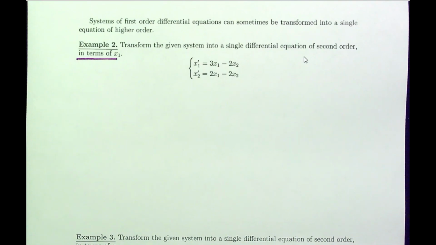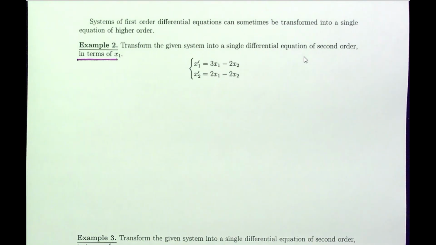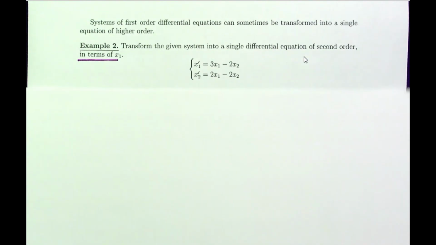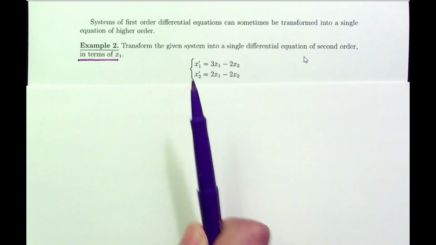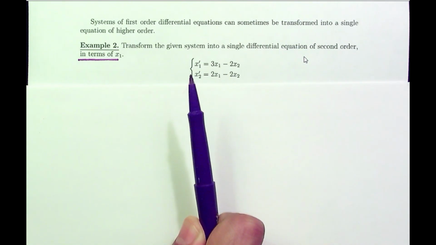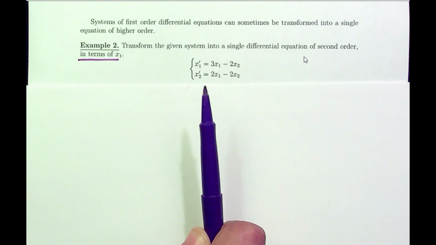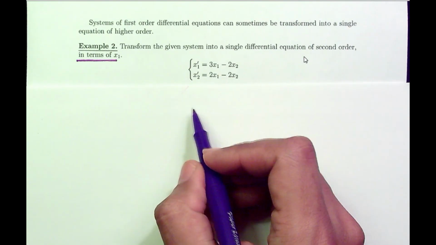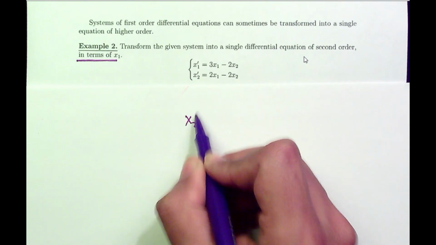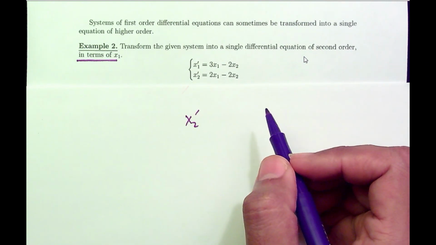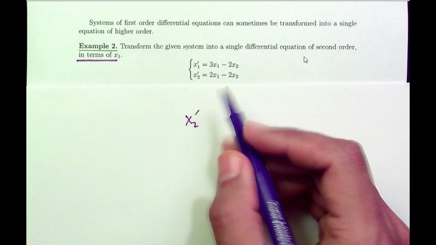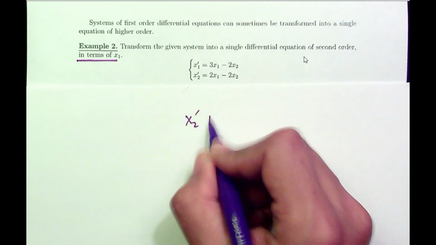Not both of these equations can be used to solve for x2, because one of them solves completely for x2, but the other one doesn't. The one that really solves for x2 is actually the first one. If you try solving for x2 in the second one, you run into a problem because you have x2 on both sides, and then if you move this x2 to the other side, you would have this,